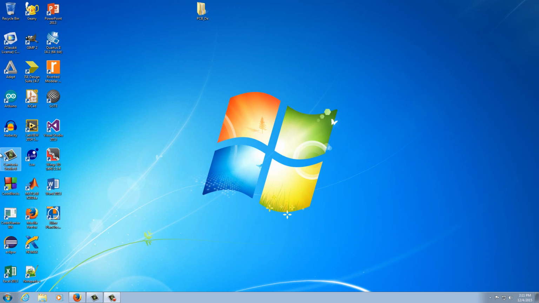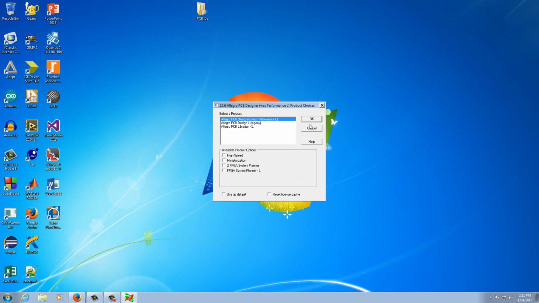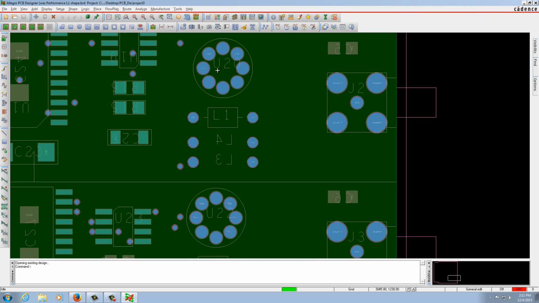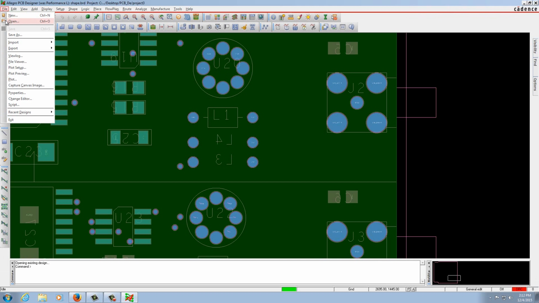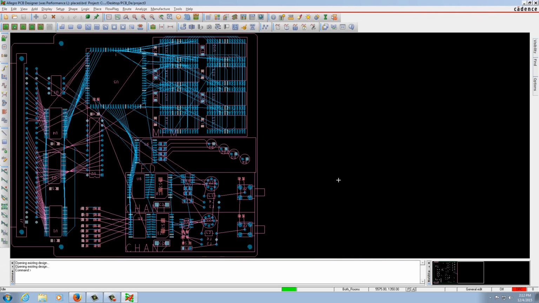Today we are going to do advanced placement in PCB editor. Open the PCB editor. Open the file place.board. You can see the board